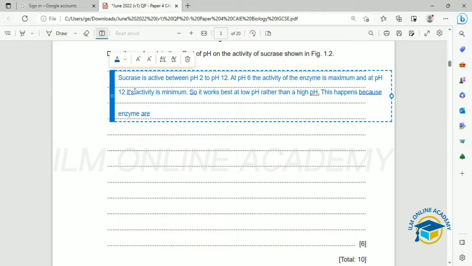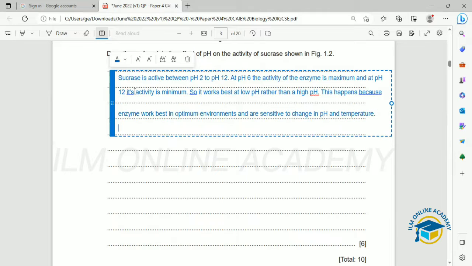So this is because enzymes work in optimum environments and are sensitive to change in pH and temperature. So the change in pH